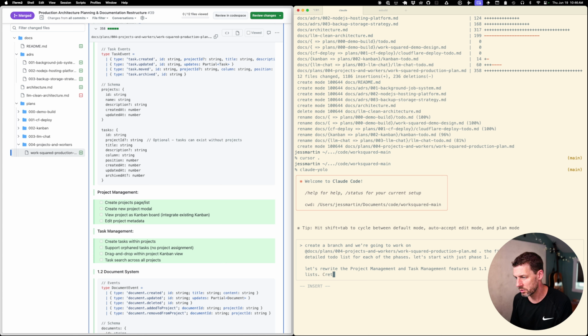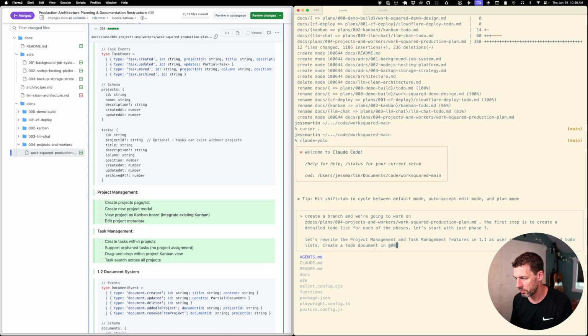Create a to-do document in 004 projects and workers. And then we can review together. This is really important. Before you start writing code, please ask any clarifying questions. Another thing, because I've been doing this for a bit, I could say you can see examples